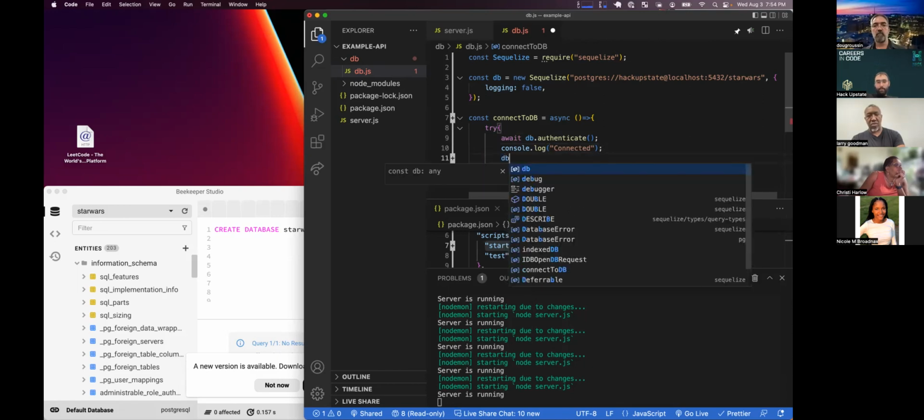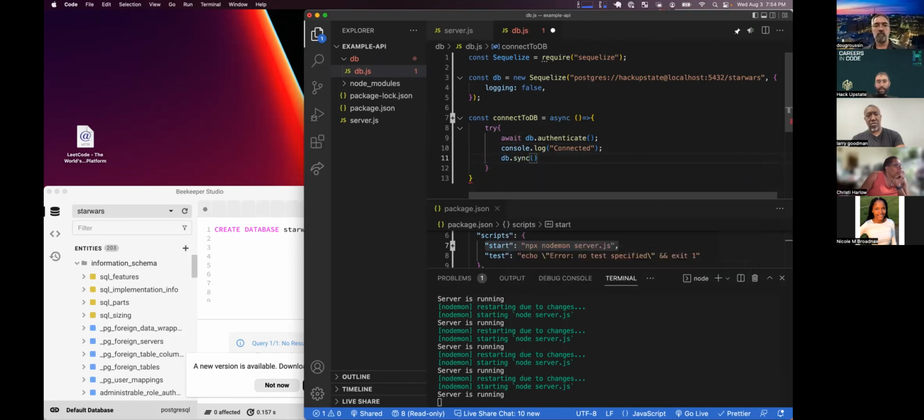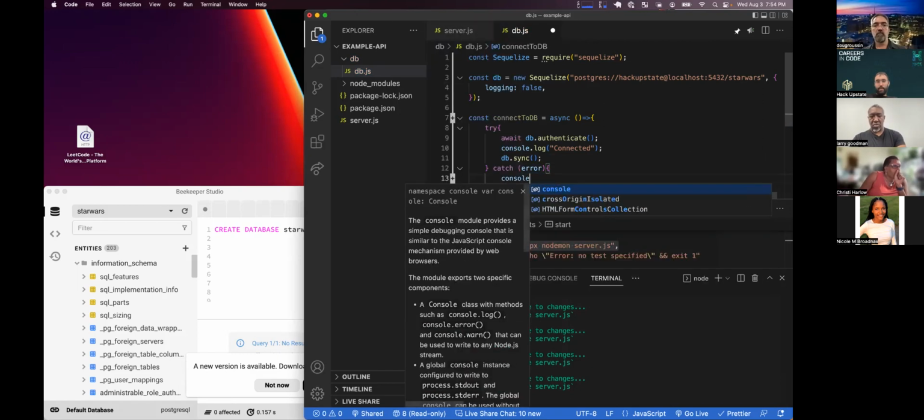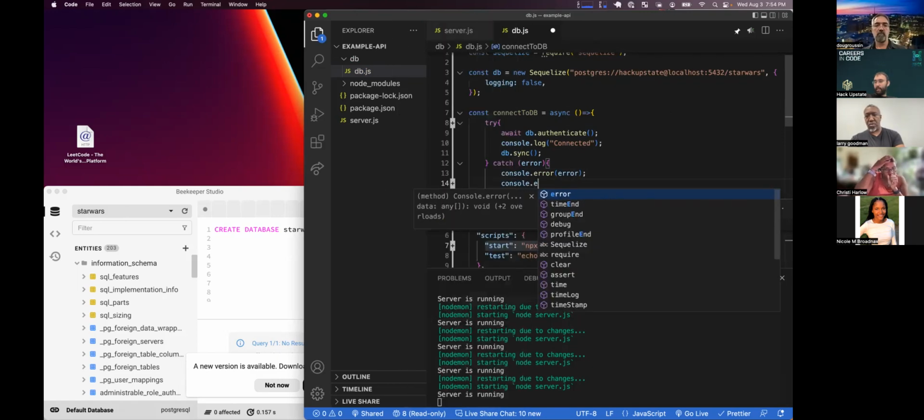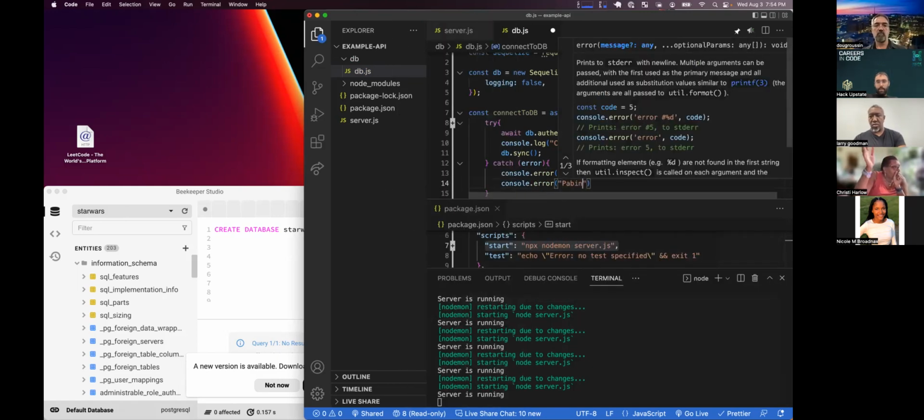And we run a database sync, so our models copy in. And then if it doesn't work, we're going to catch an error that console.errors out the error, and also says console.error panic db problems are